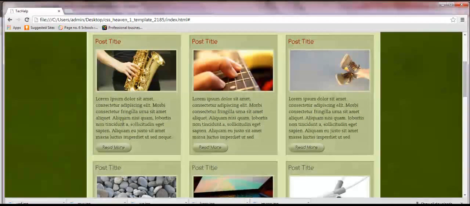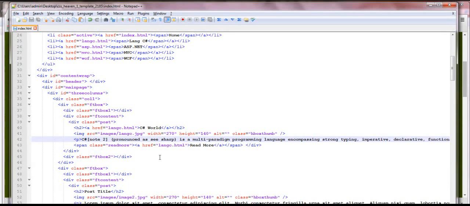After changing menu names, I would like to change this post title, the image and the text appearing here. For this, open index.html. Previously I changed the title to C# and the reference of C# is long.c.html, and I will place a C# image here with its width and height, and some text regarding the C# language.